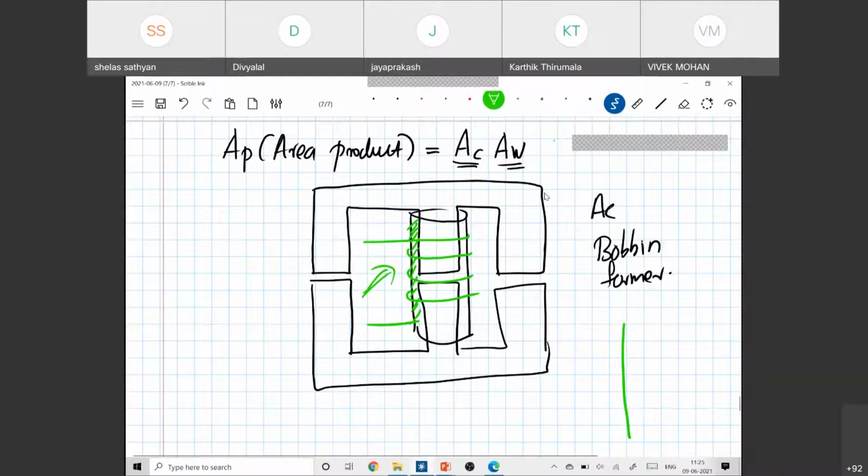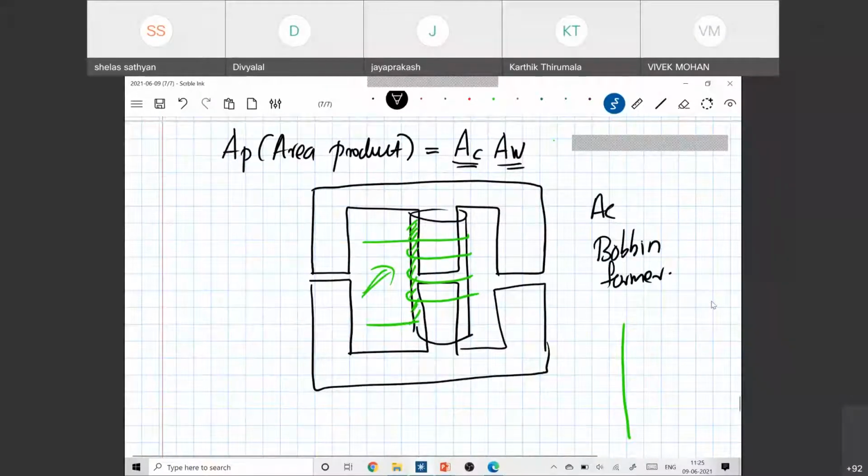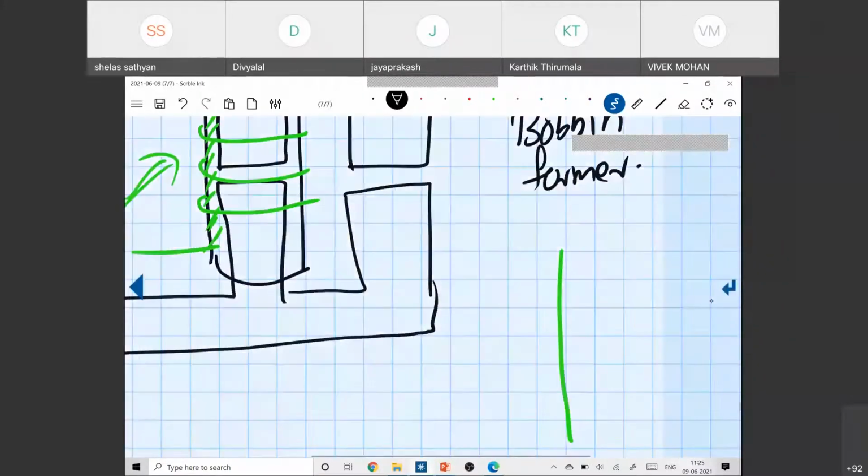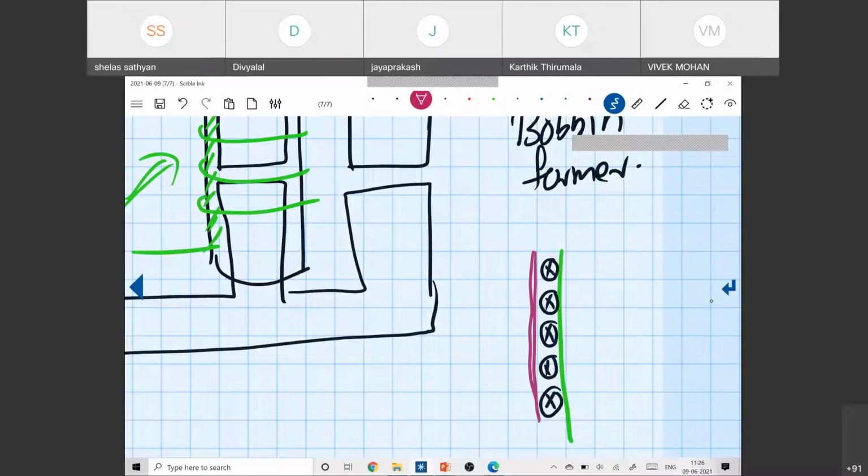You may have to put the windings. Let us represent the winding like this. The current direction I am marking like this. Let us put this is the winding. So once one set of windings are over, we have to provide some kind of an insulation here. Usually this insulation is provided by some masking tape.